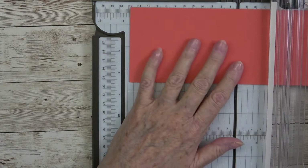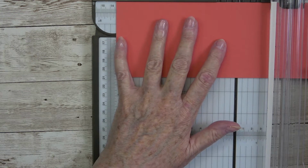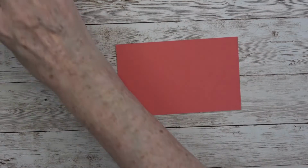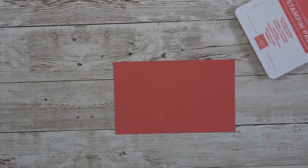The same way now we're going to go to 5, and we need 3 8s, so 1, 2, 3, and then we're just going to slice that. So this gives us our piece that is 3 3/8 by 5 3/8. So what I want to do now is I want to bring out that Calypso Coral ink. I'm going to need a piece of